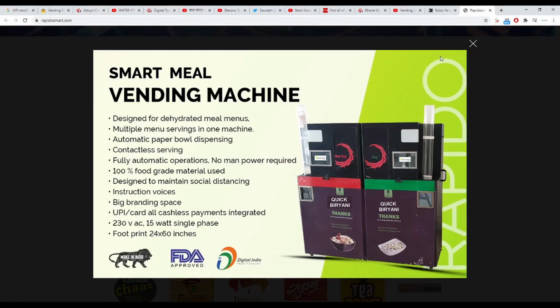One of the benefits of these vending machines is that they take really less floor space, or real estate, whatever we want to call it, and they do not require any supervision. So instead of having two people standing there, one at the cashier and one giving food, this machine works all by itself, and you are saving the money of two employees at every location. Plus you are saving rental for the real estate and all those things.